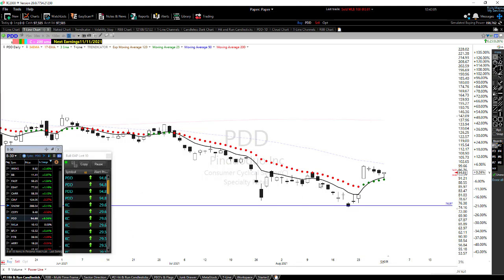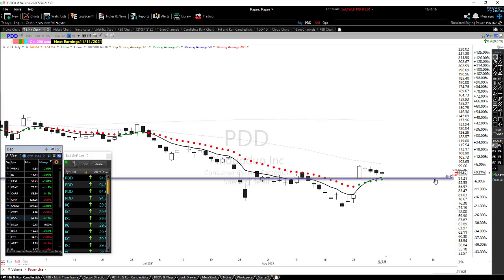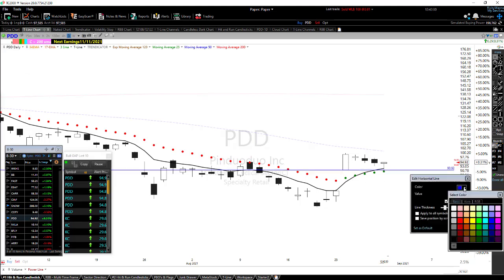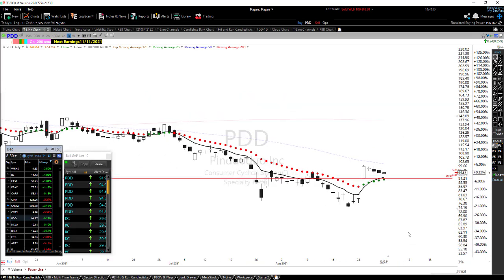And inside this scan, I've got it adjusted so it shows me the lowest, it has to be below the highest high in the past 5 days. I see a hammer on the T-line and the Trendicator, which is going to be my stop area. So let's go in here and let's create that stop. Less than 5%, I'm good right there. So I'm going to paint this red. Boom. Here's my stop. I'm all done.